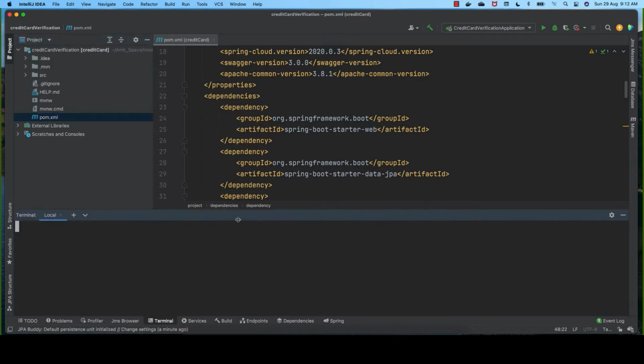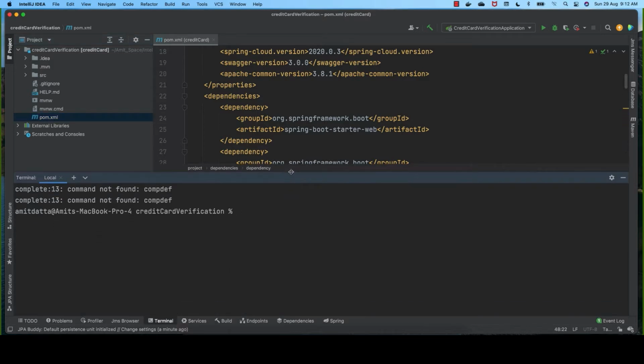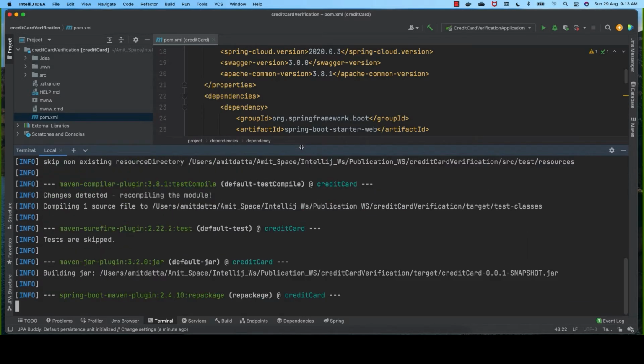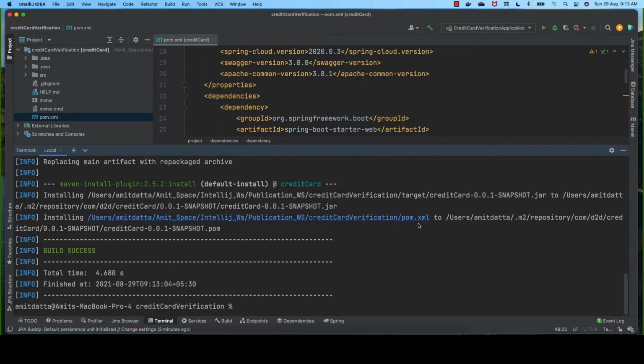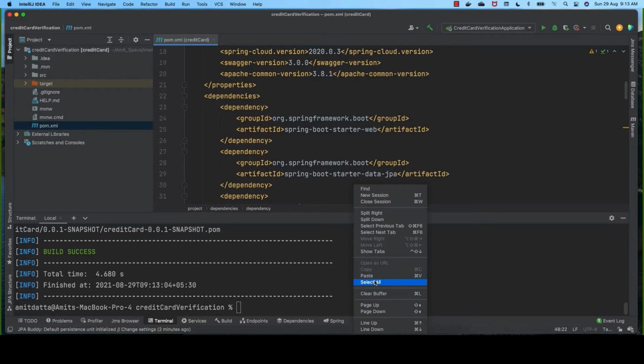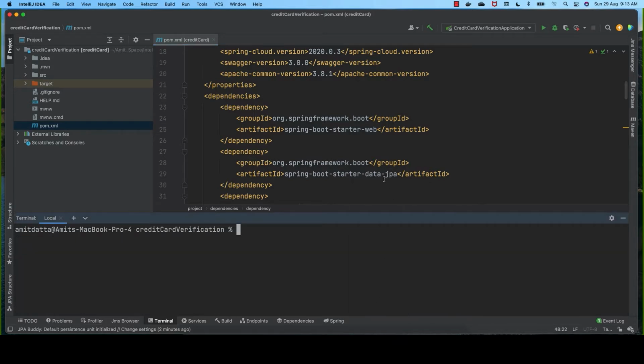Now we build it. Yes, let's run it, and the build is successful, and we can focus on developing the code now. Clean up this one. One more thing,